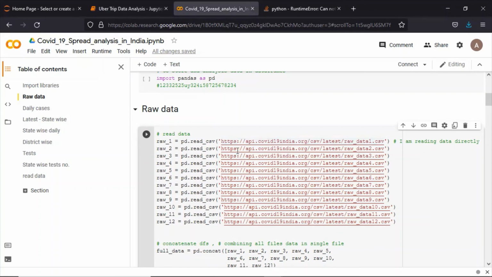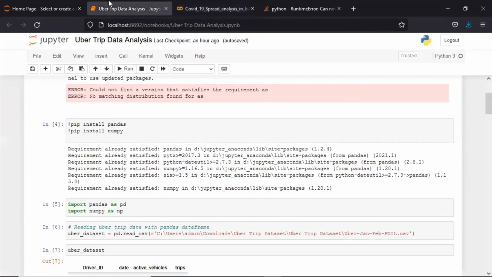That's why I've shown you this project, and you will run it in the Jupyter Anaconda software or application that you will install on your local system, whether Windows, Linux or Mac operating system. In this Jupyter Notebook application, you will read the data set from the downloaded data. So I hope it is clear to you how to do the analysis on Uber trip data.